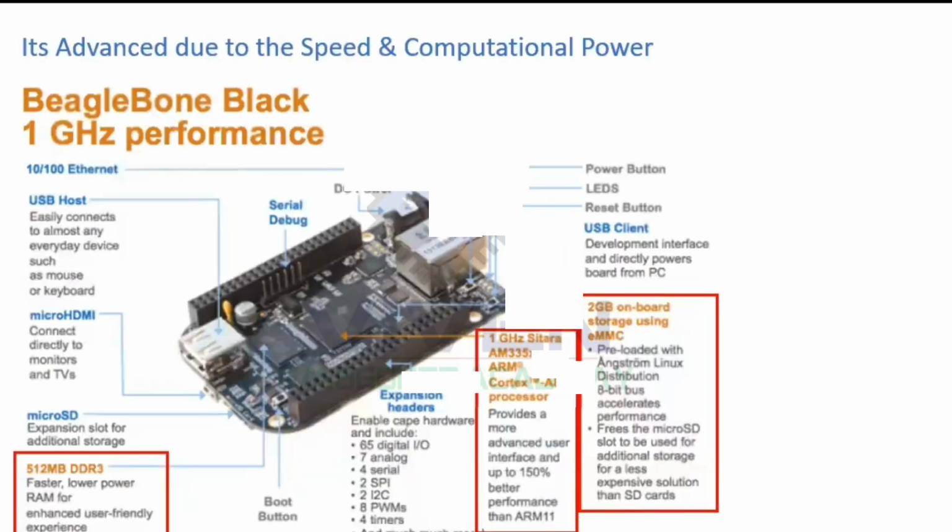So you will see that boards like Raspberry Pi as well as BeagleBone Black, they operate on clock frequencies around 1 gigahertz and higher. Whereas your traditional microcontroller based designs, they work on megahertz frequencies. So the amount of computational power these devices are able to generate requires a more advanced way of interacting or designing the system.